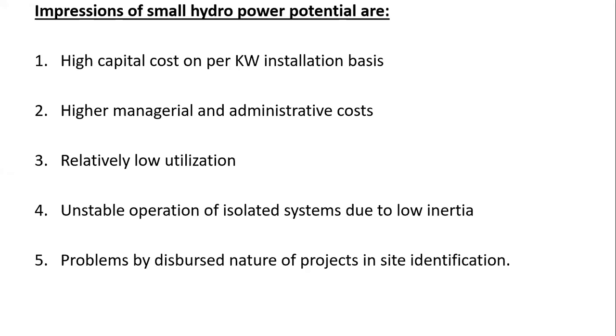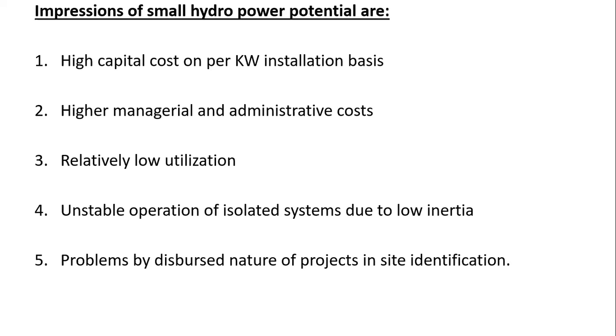This bulb can be conveniently installed horizontally on a low head stream, so it has a more or less straight flow path. It can work under a head from as low as half a meter to a head of 95 meters. So the range of operation of a bulb turbine is low of half a meter and high of 95 meters. It can generate power as low as 5 kilowatts and up to a maximum of 50 megawatts.